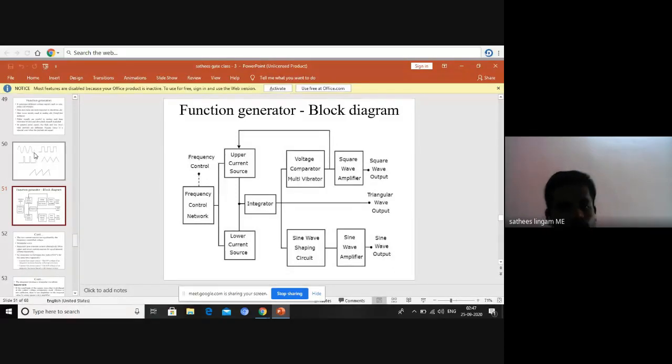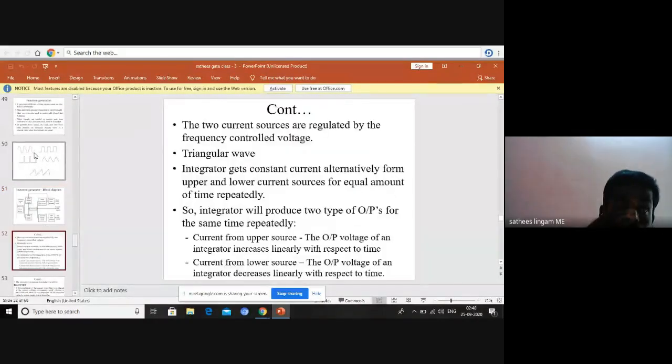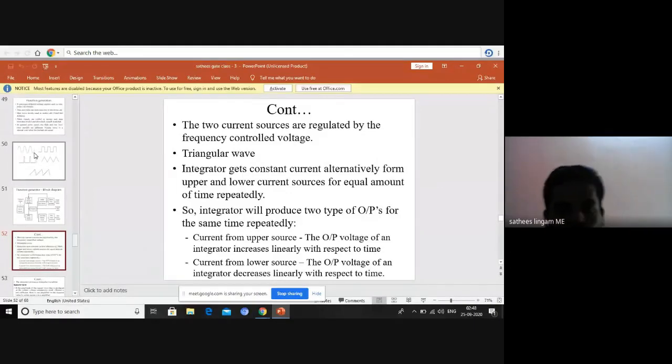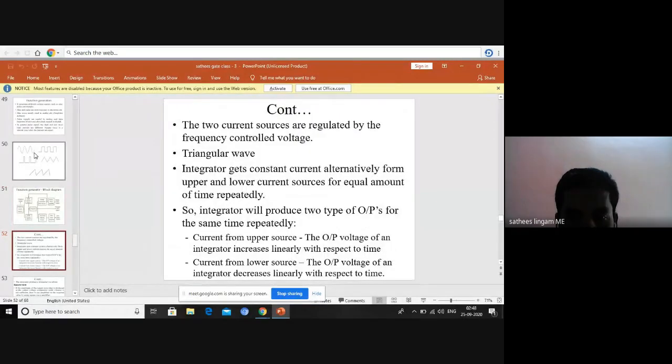The frequency control network controls the frequency according to the different current sources. The two current sources are regulated by the frequency control voltage. The output of those current sources is connected with the integrator. So the integrator gets constant current alternatively